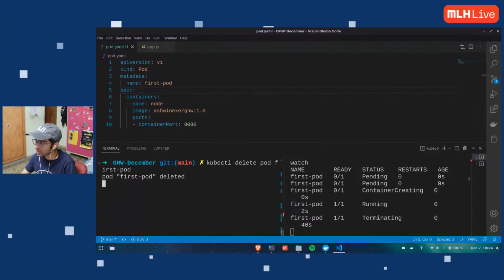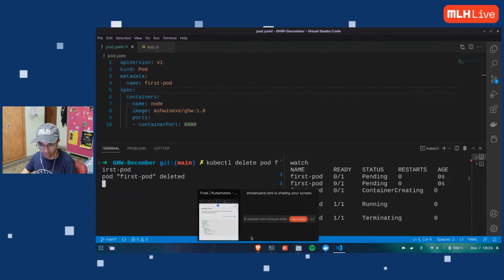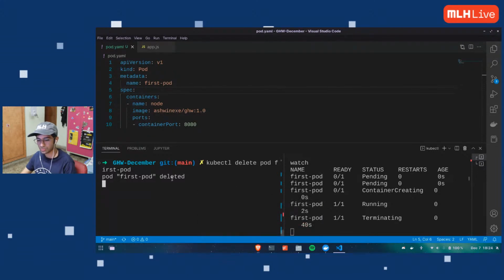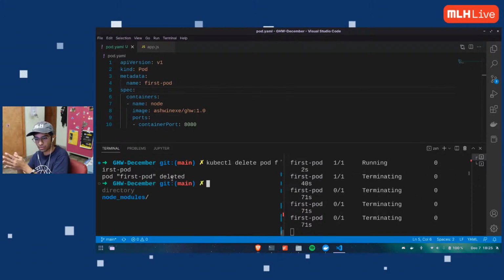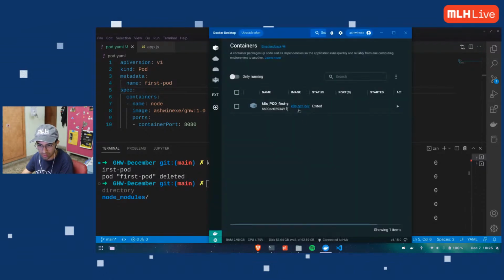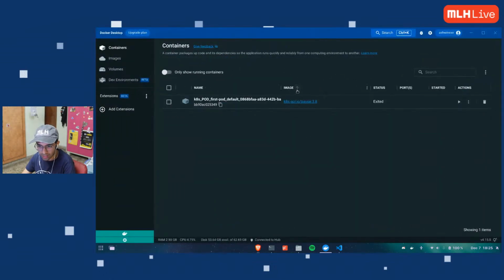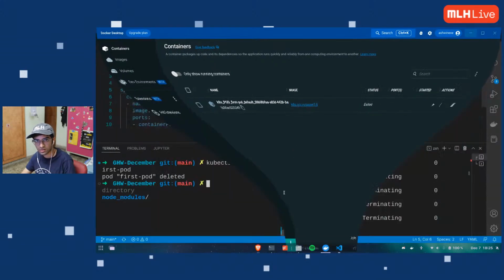Oh wow, we're already at half time. Wow, amazing. We are pretty smooth on track. That's nice. Waiting for it to delete. So after I create this pod, my container is running inside of it, just like docker run. That is happening inside my pod. It's deleted. Oh yeah, it's gone. You see, only my control plane node is running and the container is gone.